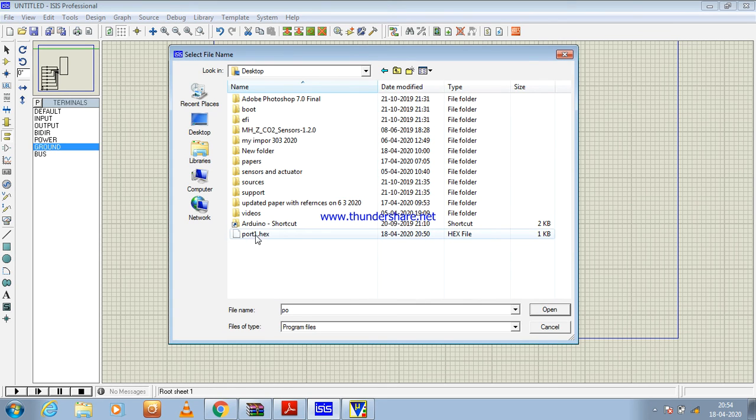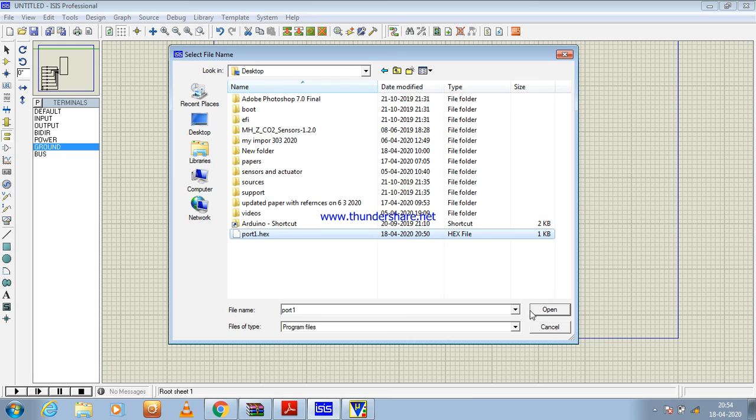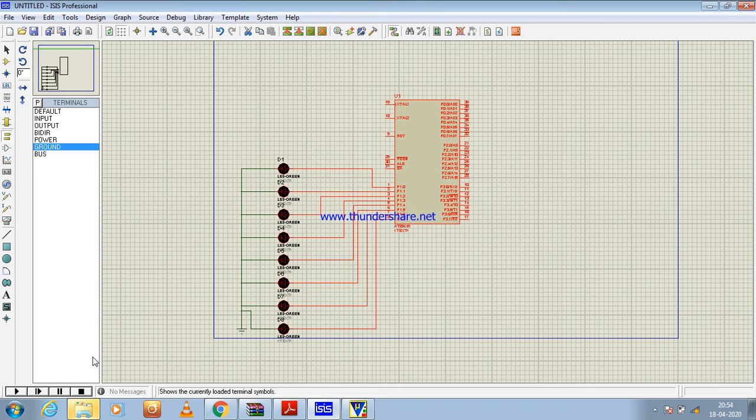Here you'll get port 1, the same program, port1.c. So we select the port1.hex file. Now change the frequency to 11.0592. Now simply click OK. So this is how the numbers are coming.